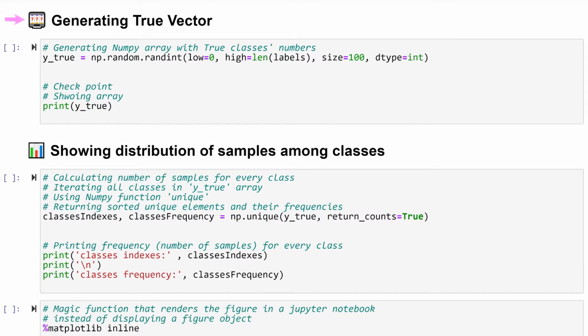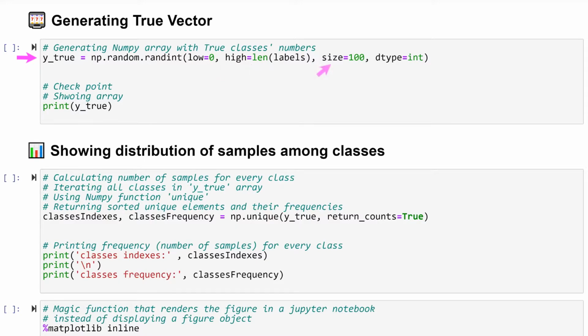In this cell, we generate true vector that holds correct class numbers for our imaginary dataset. We do it by NumPy function np.random.randint. As arguments, we pass lowest number of the class, that is 0, and highest number of the class that we obtain by getting length of the prepared list with classes names.